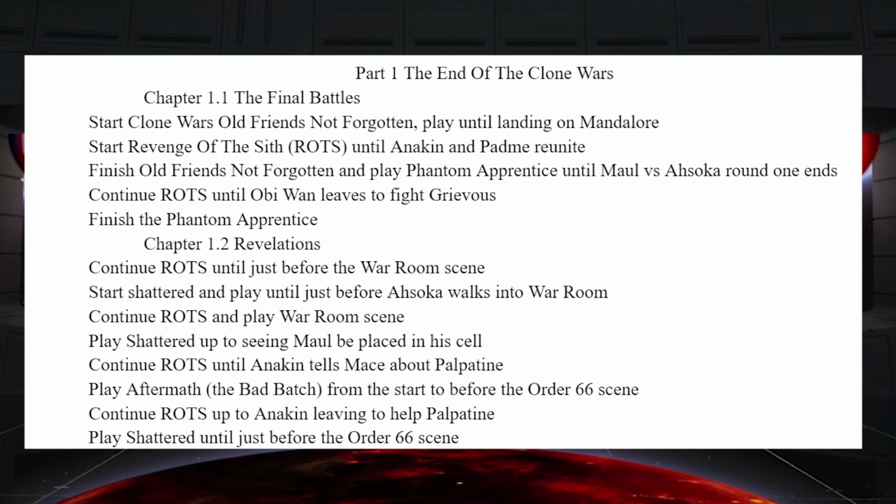With that one, you play it with the war room scene, and then I think you do it up to when Maul is placed in his cell and it goes to his eyes and starts to cut away to the next scene. That's where you cut away to this one where it starts with Palpatine and Anakin, and I think that's a really good transition scene. And Palpatine goes and reveals everything to Anakin, and I think that is the best place to have it transition. And then with it,